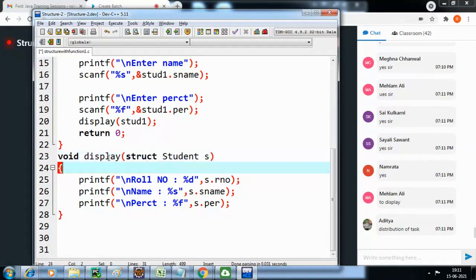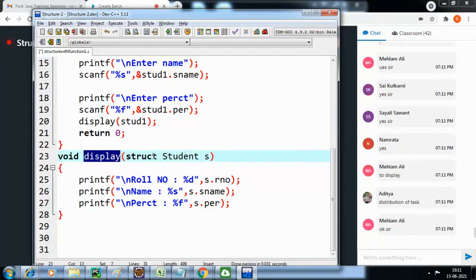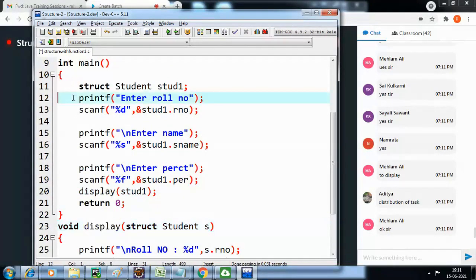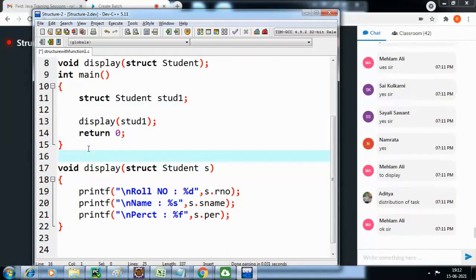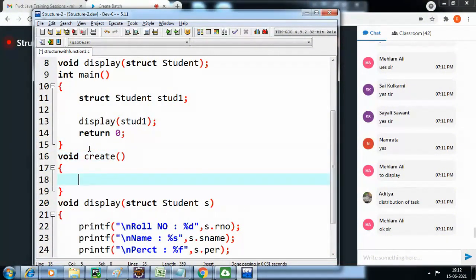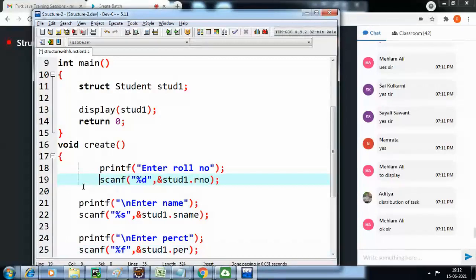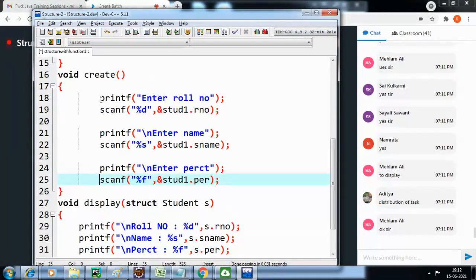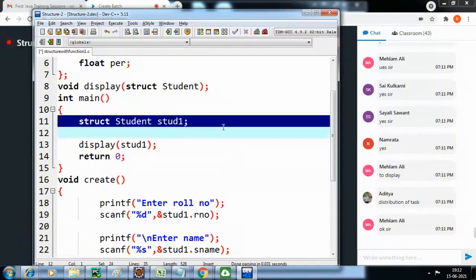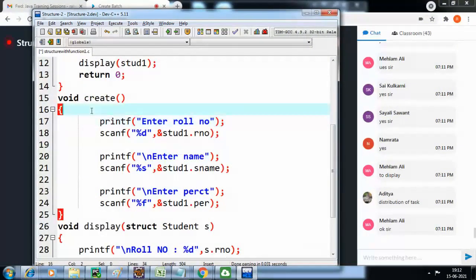Okay, so function concept you are already aware. We are just implementing how to pass the structure to the function. That's it. We are just learning how to pass the structure to the function. Now I have another option here. Instead of creating this code, let me just try void create a function and test here. But the memory is created inside the main. You can create that memory here now